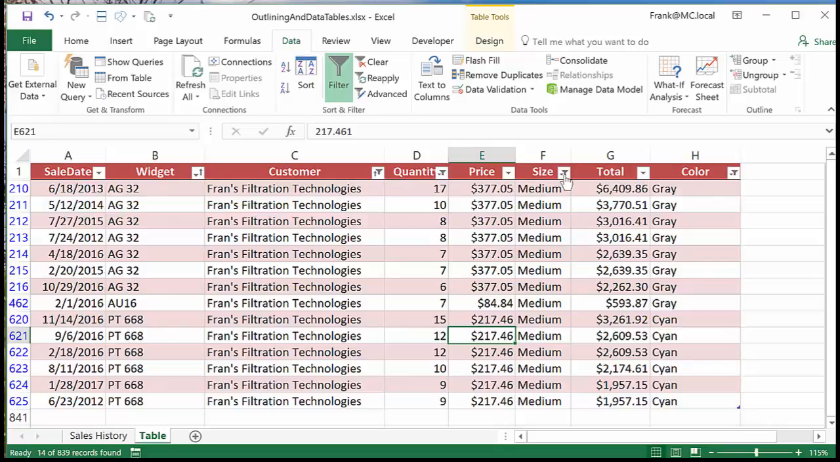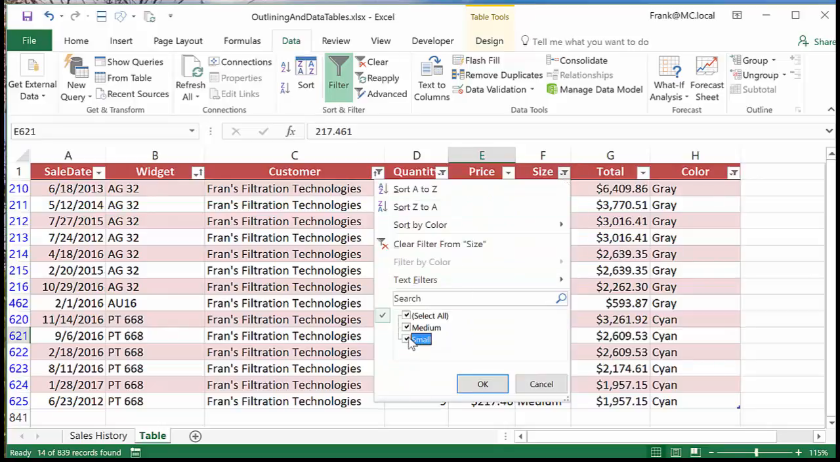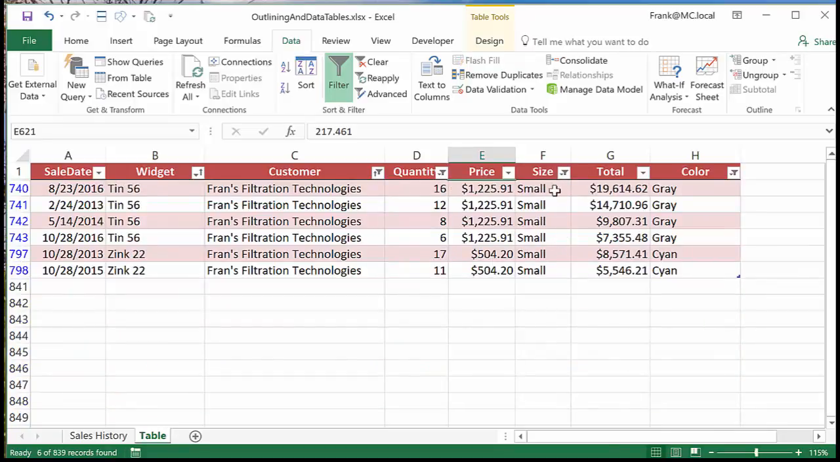I can quickly come in and change other columns and say, well, you know what, show me small instead of medium. And now I'm down to like 6 records out of the 800 some, because I've applied filters on Fran, quantity greater than 5, small size, and colors gray or cyan. It's real easy to do this kind of quick analysis and say, well, just how many records there were. And by the way, when I do this kind of filtering, I can see that with those criteria on, she only bought the 1056 and the Zinc 22